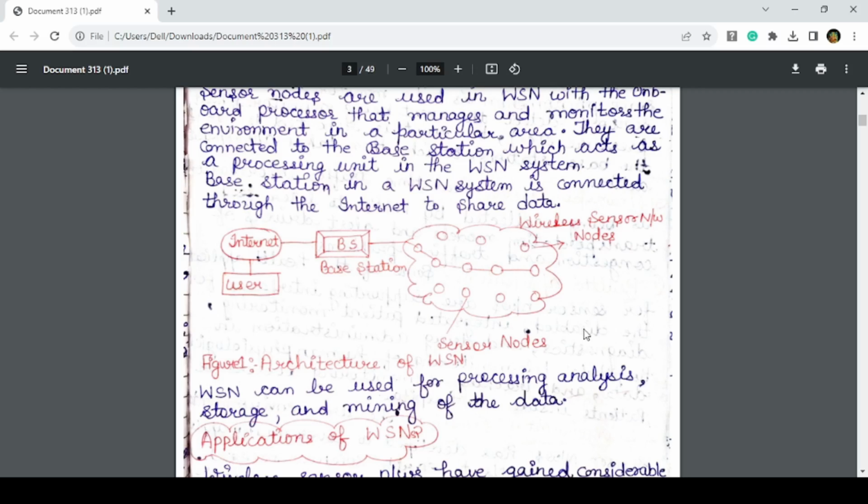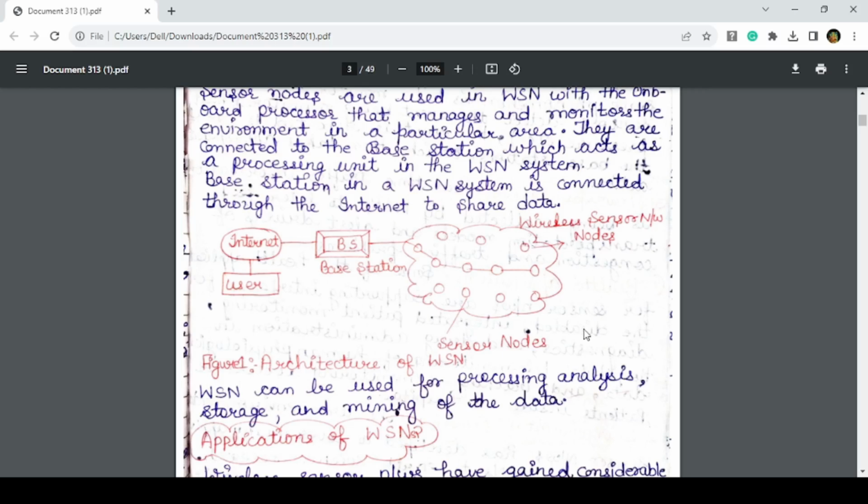Number one, layered network architecture. Number two, clustered architecture. Layered network architecture means it makes use of a few hundred sensor nodes and a single powerful